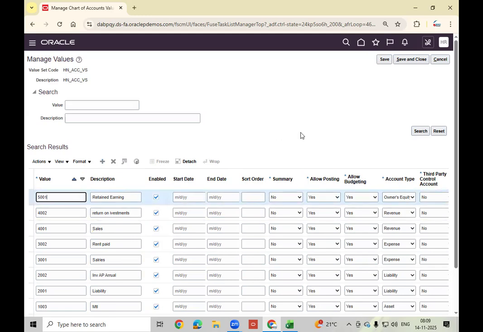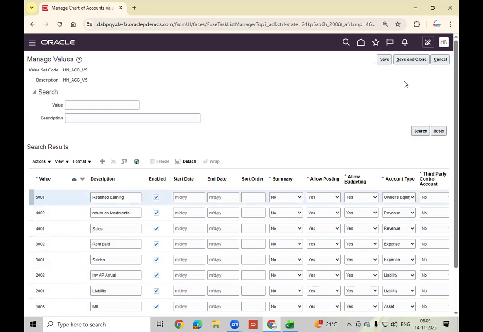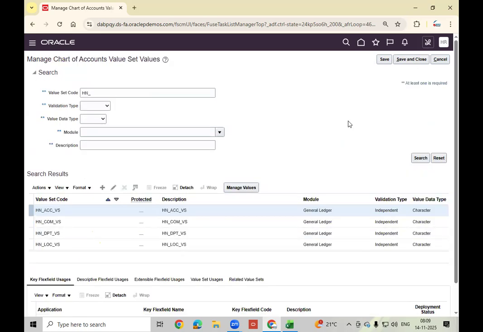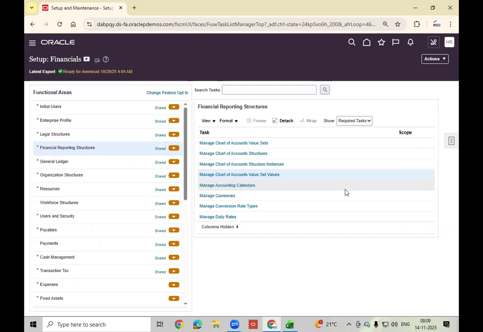Later it will be distributed to the partners, owners. Okay, save. Like this I defined, see how in the Excel sheet I listed, similarly I defined. Save and close. Now the chart of account instance is ready.